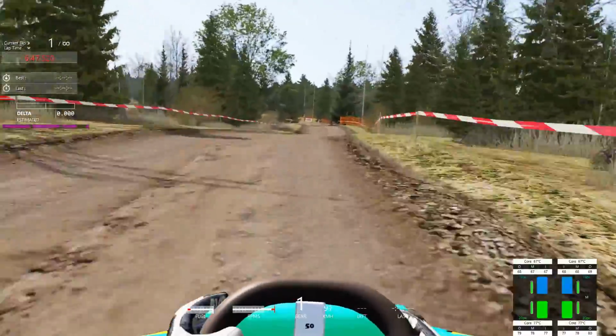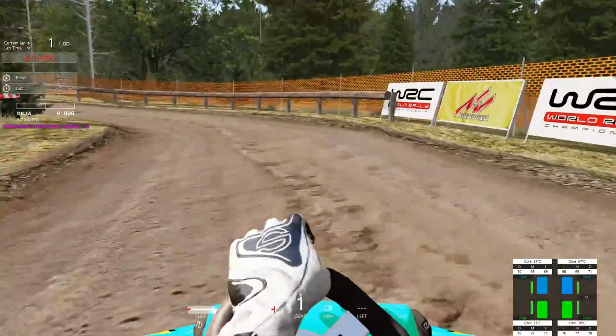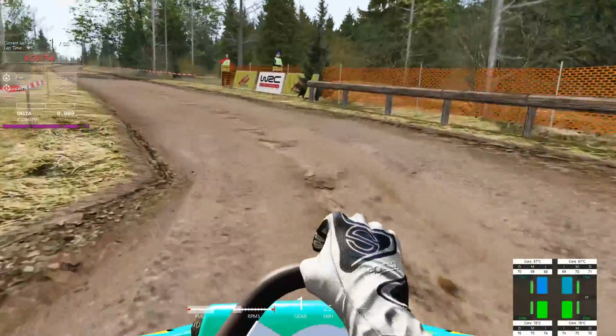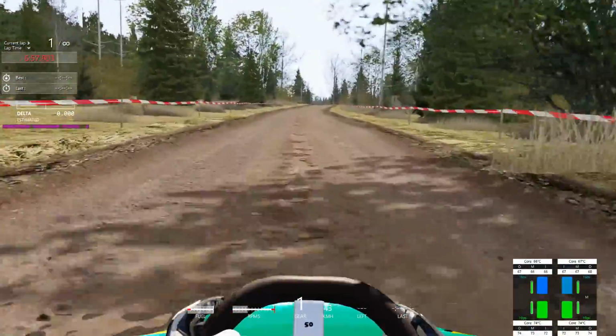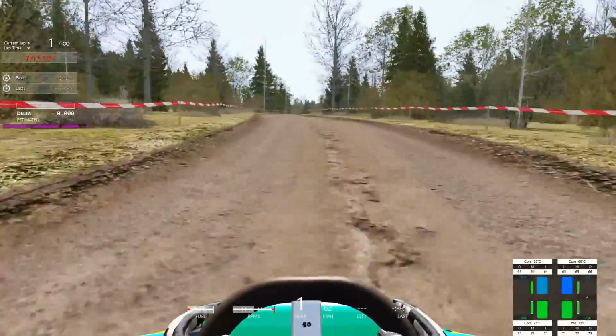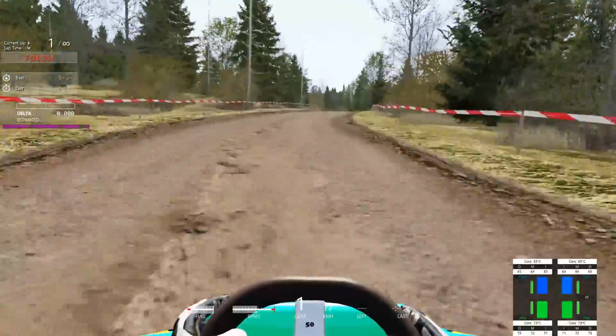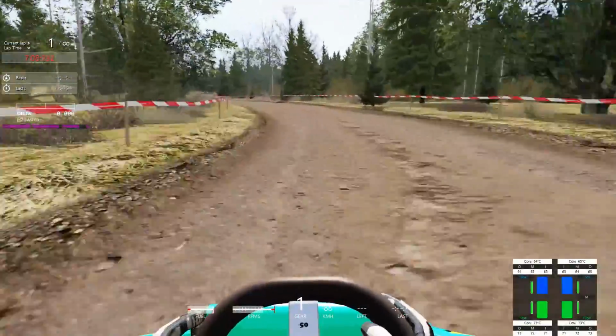Now as we come through this complex, we need to be really slow here, because, well, we don't want to hit those fences. Now we can absolutely floor the throttle. Of course, absolutely zilch throttle response from this thing. We're gonna be coming across the line in probably 30 seconds,